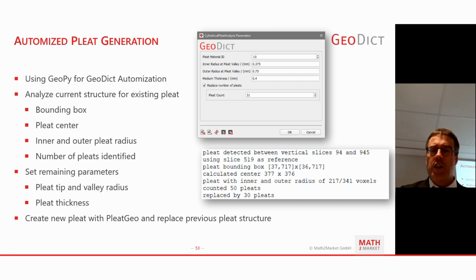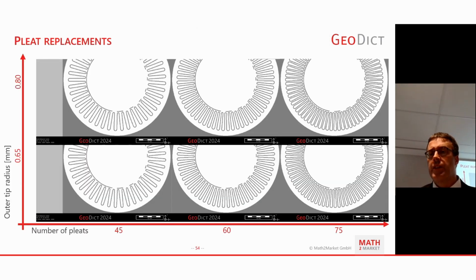Doing that, just using that script as it is here, we will later on see there's actually another section down there which says run simulation too. But we have now the ability to sample all possible values. Well, of course, the pleat count has to be integer, but the outer tip radius here, you can, for example, see that here are 45 pleats, and the same slice going up to 75 pleats. You can see the obvious difference. Between the lower one, this is a 0.65 outer tip radius, sorry, 0.8 millimeter. You can see the difference, but you have to look closer than that.